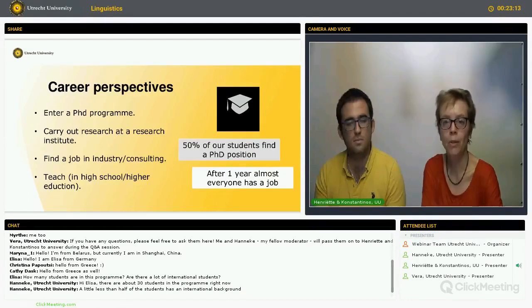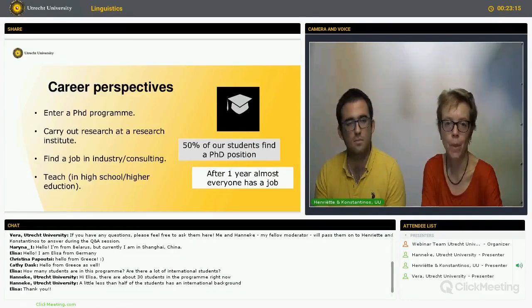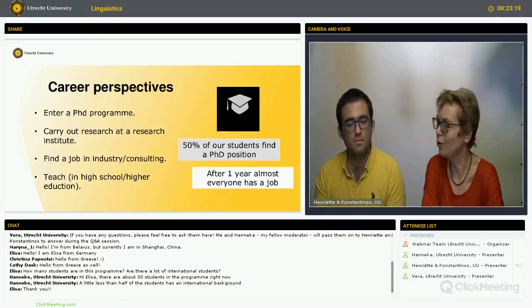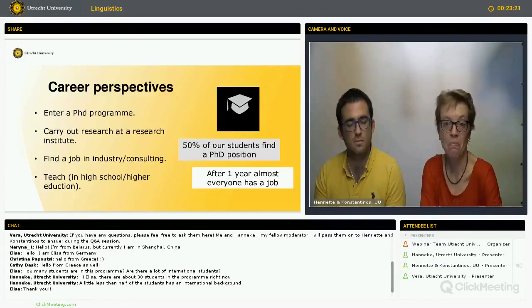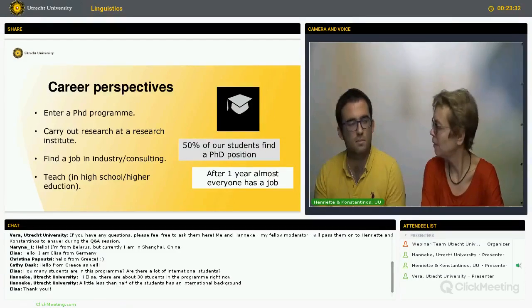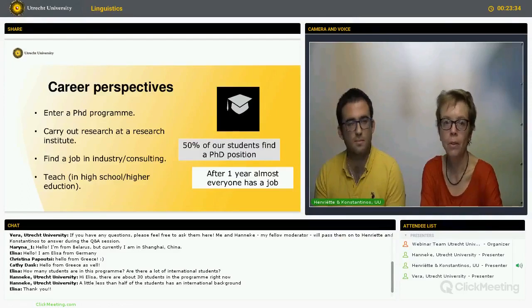But what we do know is that there is a good success rate, because sometimes we're looking for assistants afterwards, and it's hard because after a year almost everyone has a job. The career path within academia is very clear, right? You go into a PhD program, that's the next step. The career orientations outside of academia are very variable. There are many different ways that people end up doing things.